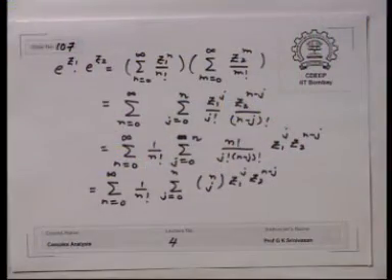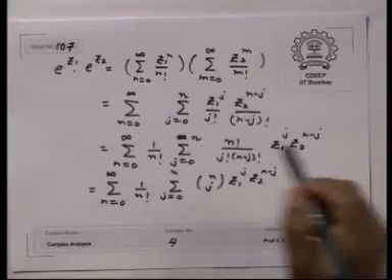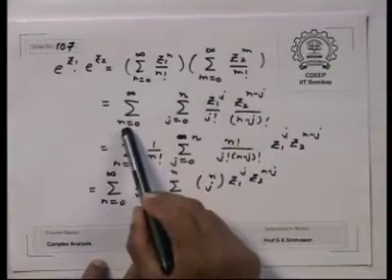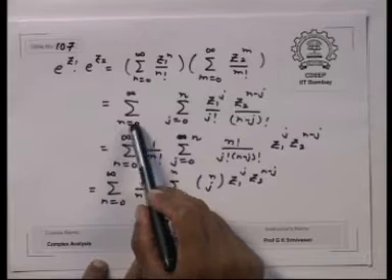Now, let us apply the product theorem. We have seen some applications of the differentiation theorem. Let us see an application of the product theorem. Let us multiply e to the power z1 and e to the power z2. E to the power z1 is sigma n from 0 to infinity, z1 to the power n upon n factorial, and e to the power z2 is sigma m from 0 to infinity, z2 to the power m upon m factorial. Take their Cauchy product. The nth term of the Cauchy product is